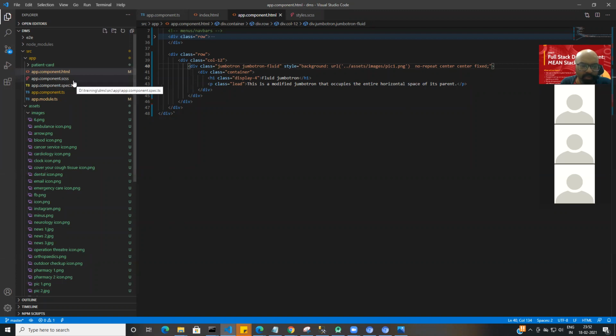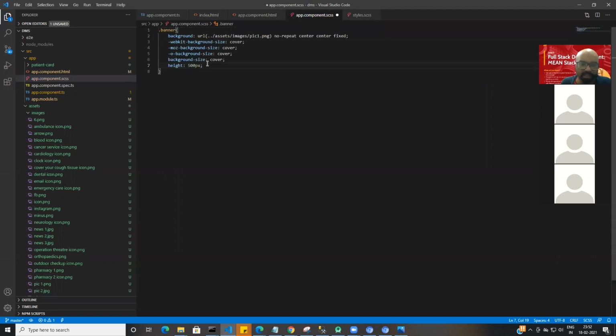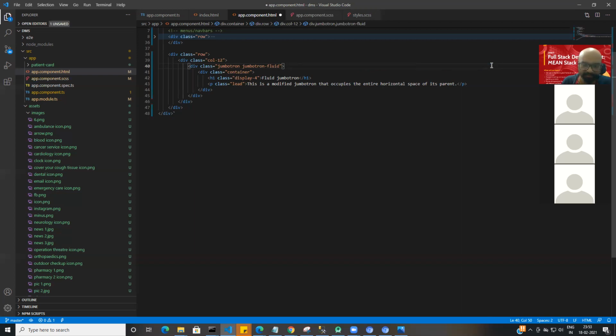Since the Jumbotron styling is here in app.component, I'm putting it over here only. I'm making a banner class and putting the styles into the banner class. Then I'm removing this inline style from here and adding a banner class here.